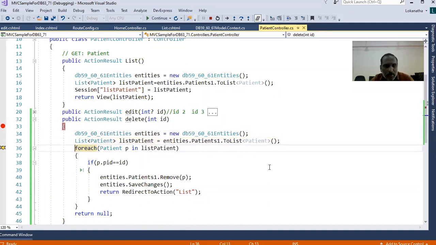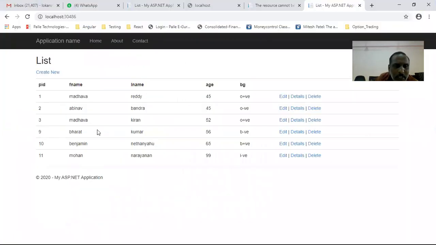Now I am going to remove that 8th patient. Yes, matching. Now SaveChanges. Because of this RedirectToAction, the user will be redirected to the first action method. Now the user came to the first action method, we are fetching the fresh data from the database and displaying it. See here, the 8th record got deleted from the table also.